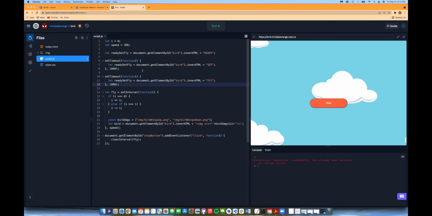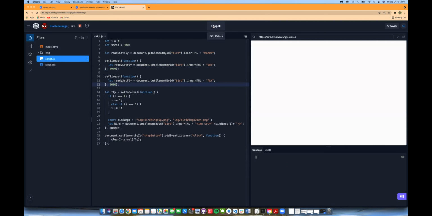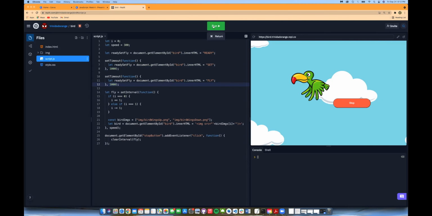Now here's something that doesn't work well with the timing. You'll notice when you're using setTimeout, you're going to have to mess with these numbers to get it right. So let's run and let's see what we get. Do you see that? It was very fast, it just ran through. It said ready, set, fly. And the reason why is because we have to adjust these